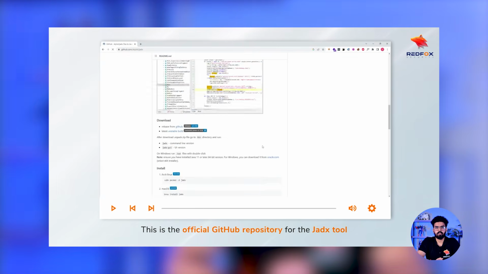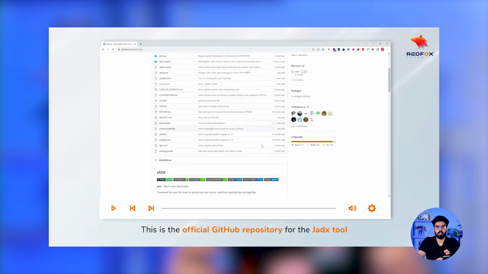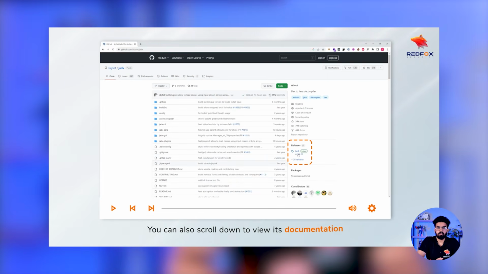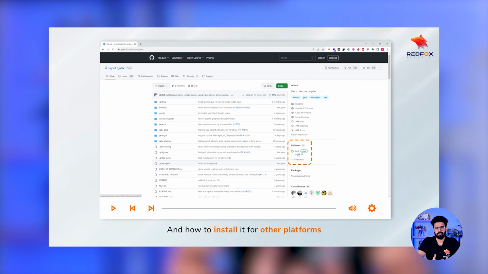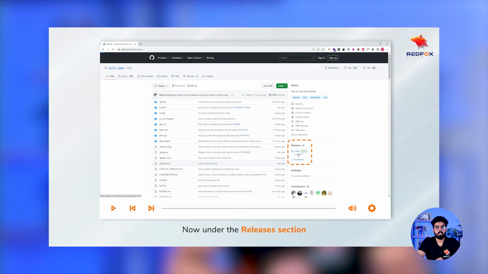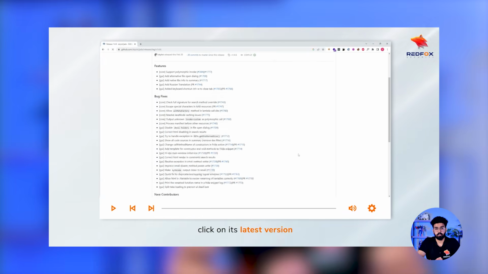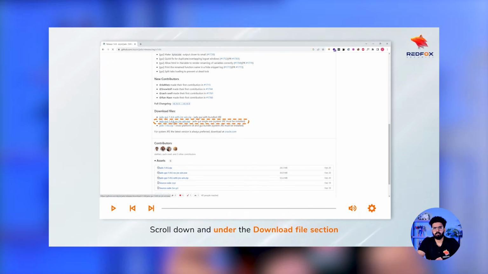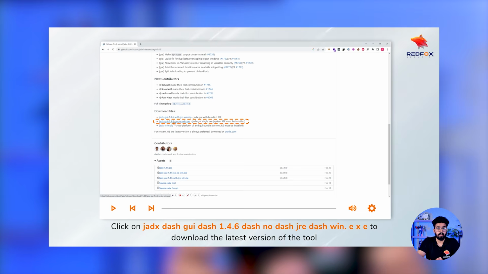This is the official GitHub repository for the Jadx tool. You can also scroll down to view its documentation and how to install it for other platforms. Now, under the releases section, click on its latest version. Scroll down and under the download file section, click on